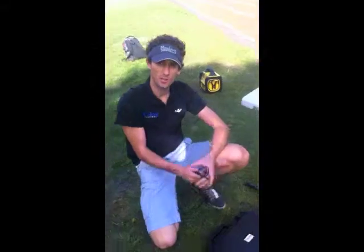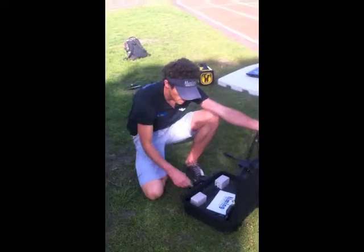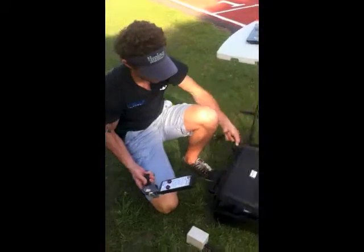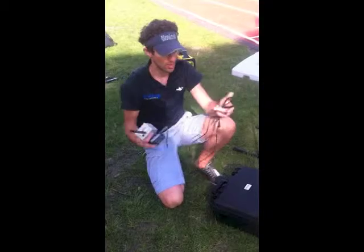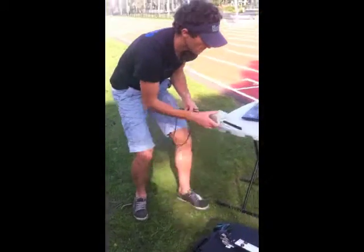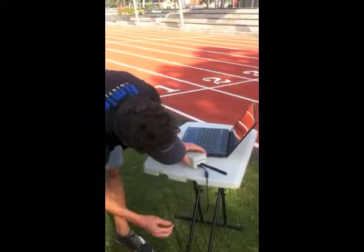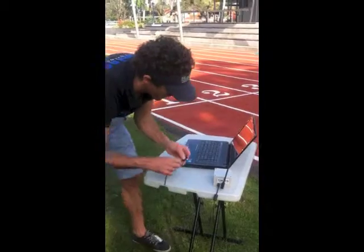Hi guys, so now we're just going to pull out the wireless dongle from our little kit here. There's two of them, so we're only going to use one. And I've only got one start device here, so I'm just going to grab that. So I just need my start device, wireless dongle, the USB cable, and my laptop. So I'm just going to plug the USB dongle and the USB cable together. Turn my antenna upright, plug it into my laptop,